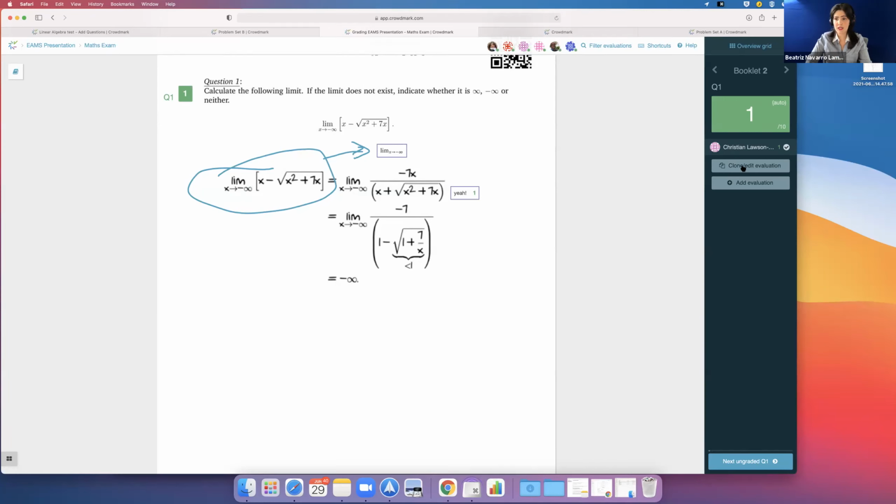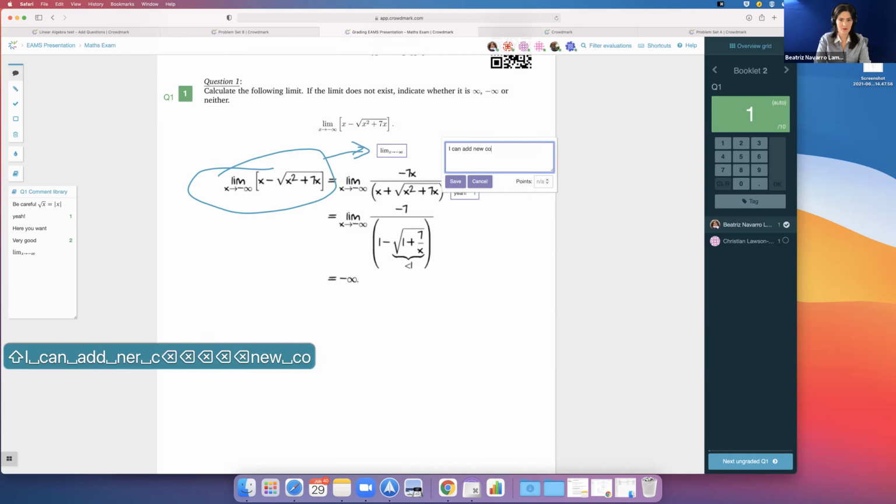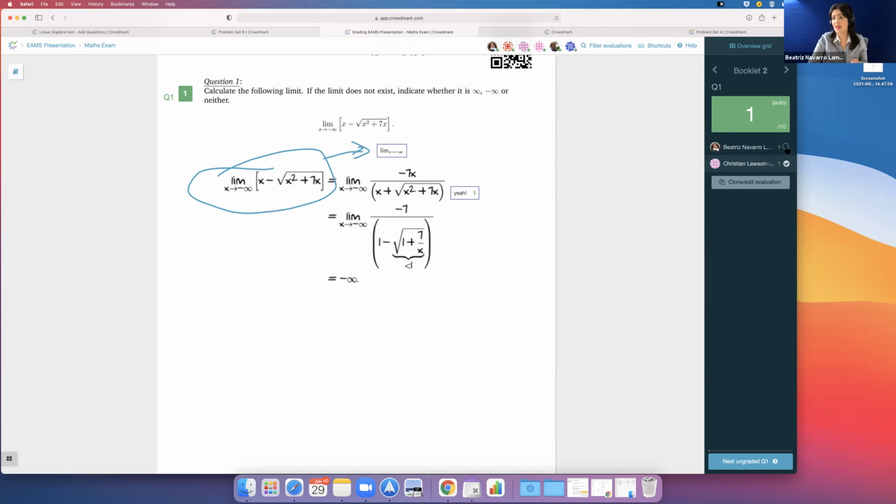I can clone it, and now I create a copy of what it did, but now I can edit it. And now I can choose which one I want to be the primary one. So the primary evaluation is the one that the students will see. So maybe you change something and now you want to make sure that the students see the correct one.